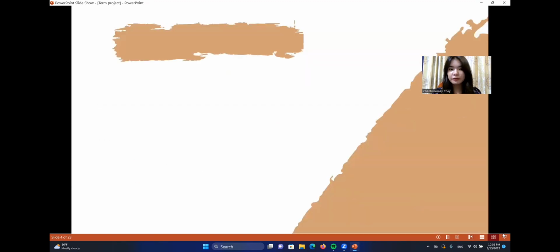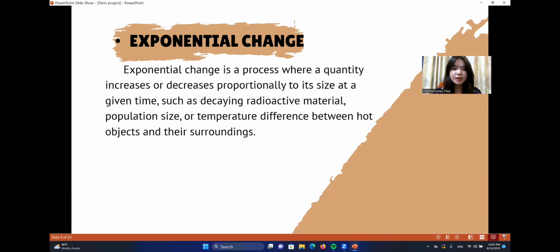Moving on to our first content, exponential change. So, what is exponential change? Exponential change is a process where a quantity increases or decreases proportionally to its size at a given time, such as decaying radioactive material, population size, or temperature difference between hot objects and their surroundings. And the differential equation is dy/dt = ky, with the initial condition y = y0 when t